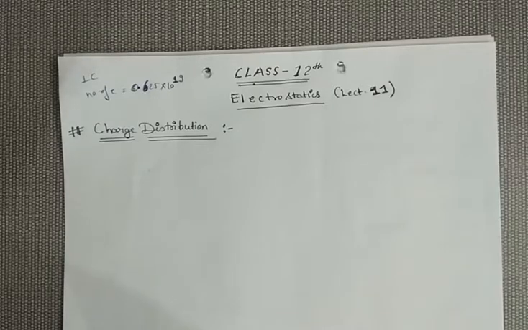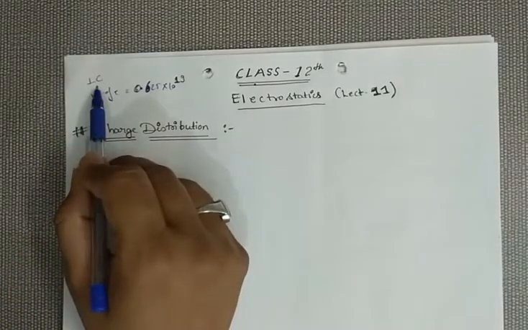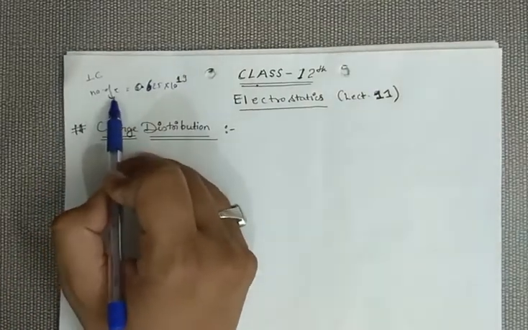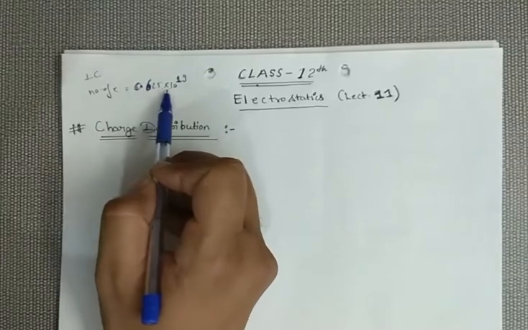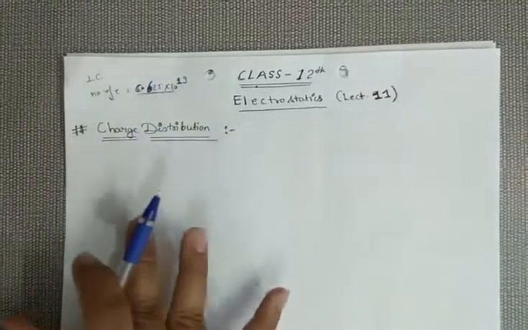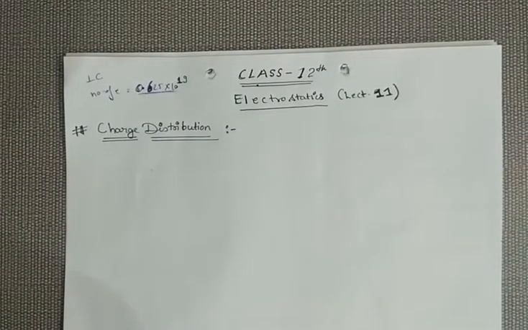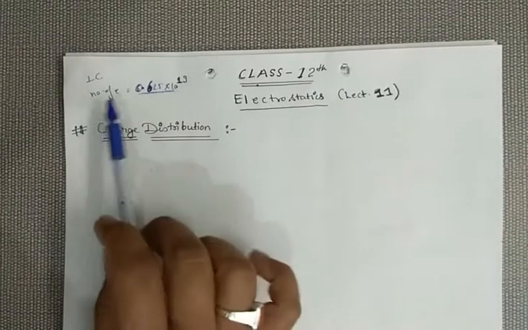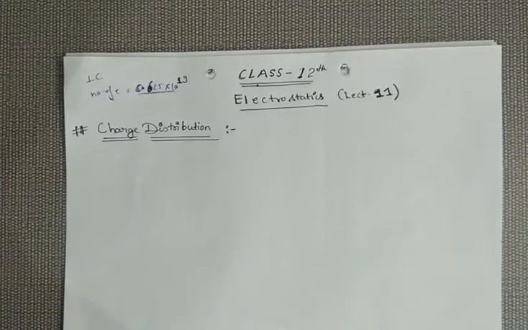So as we know, only 1 Coulomb of charge contains 0.625 times 10 to the power 19 electrons. These are the number of electrons which are present in 1 Coulomb of charge. 1 Coulomb is a very small charge, and to develop this charge we require a very large number of electrons. So in our practical case we don't just take the number of electrons, we take the distribution of charges.